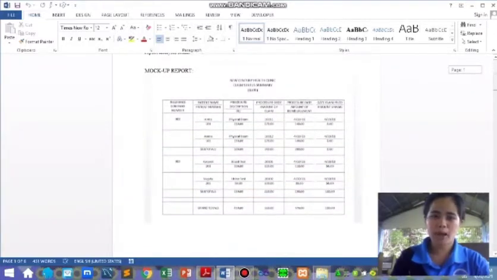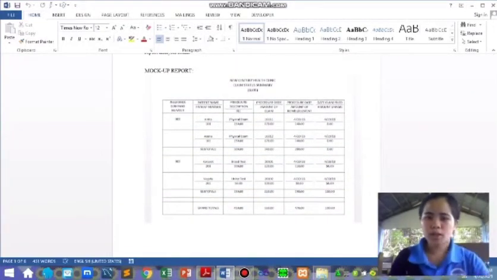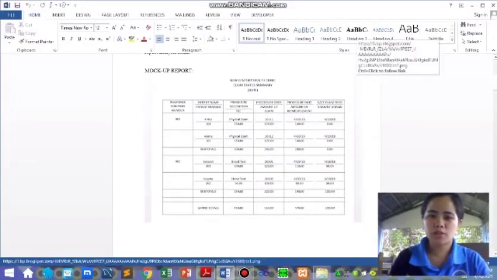This is the mock-up report. So the New Century Health Clinic, as you can see in the first line, is the system name, and its purpose is the claim status summary. Then